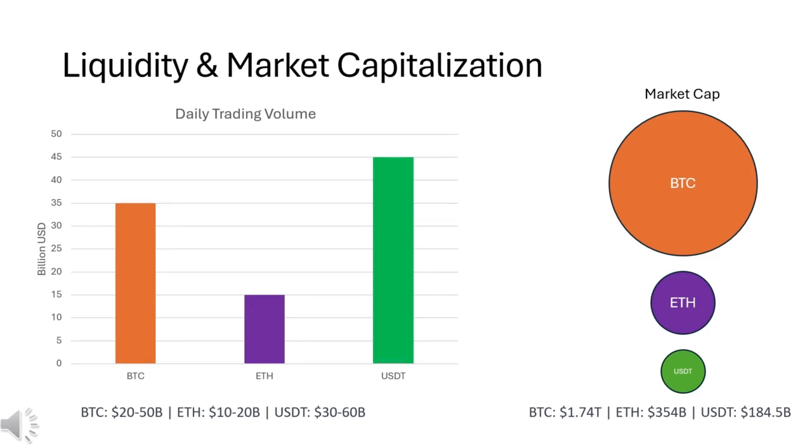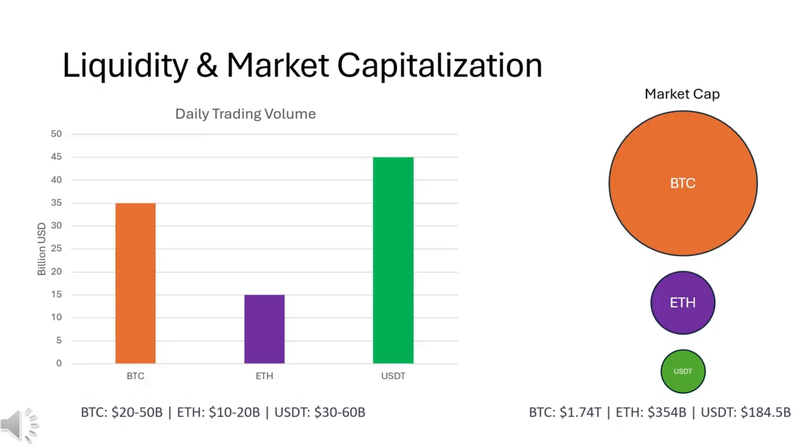Regarding liquidity, Bitcoin's average daily trading volume ranged from $20 to $50 billion, Ethereum from $10 to $20 billion, while USDT maintained $30 to $60 billion. Although USDT's volume is comparable to Bitcoin's, its purpose focuses on practical financial infrastructure, providing liquidity for settlement and exchange